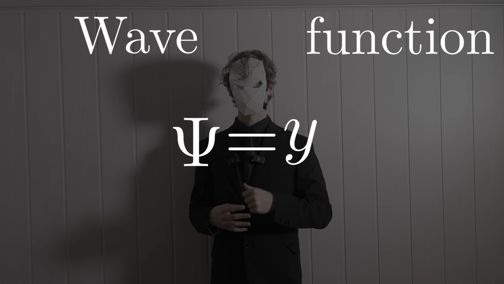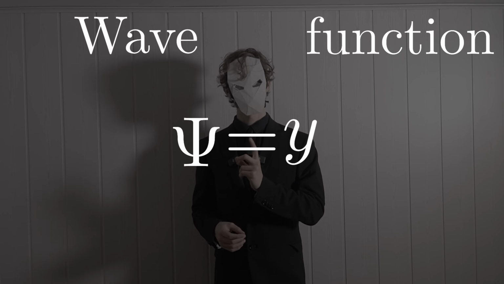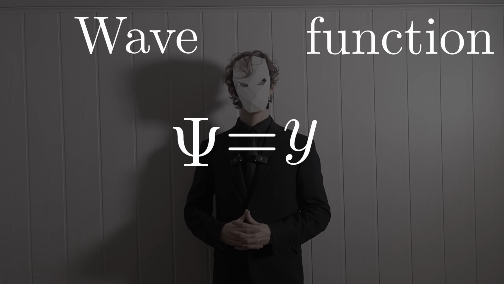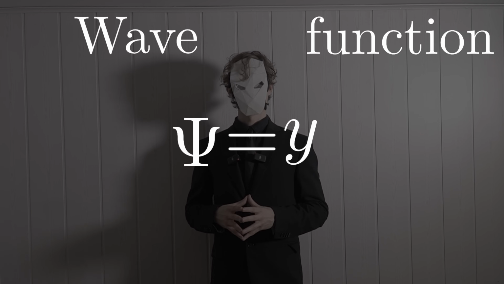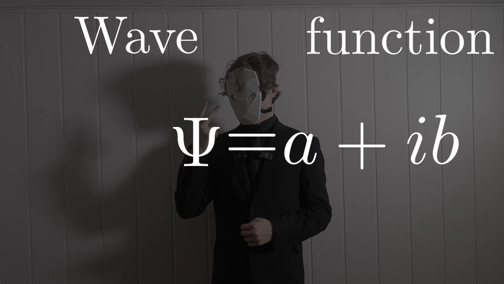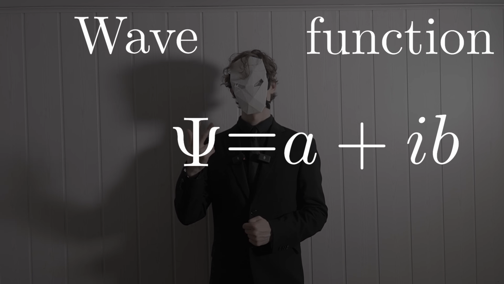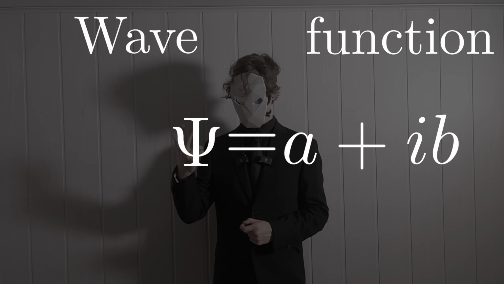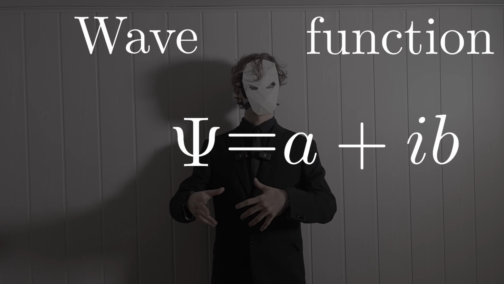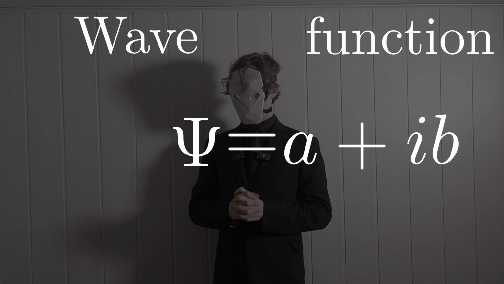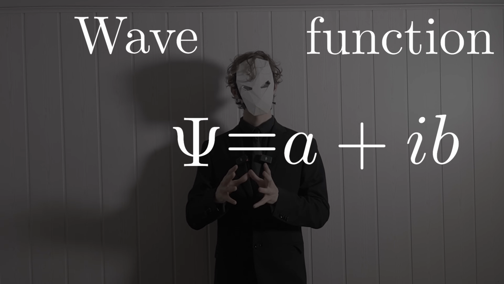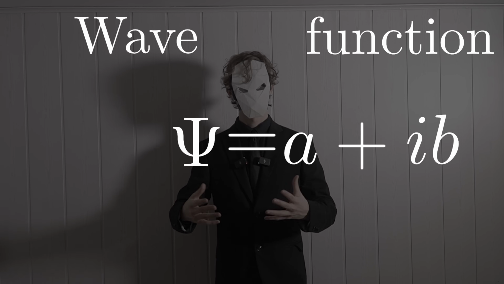Well, it's because of the first part of this name, wave. It's a wave function. And if you recall me explaining imaginary numbers, then you'll remember how I mentioned that imaginary numbers help you solve angles, circles, and also waves. The reason why we use imaginary numbers for waves is, well, let's just say that it would make this video about an hour longer, and I will make a whole separate video just about that. But that's all you have to remember for now. This function has to do with waves, and because of that, we need imaginary numbers in order to describe them.